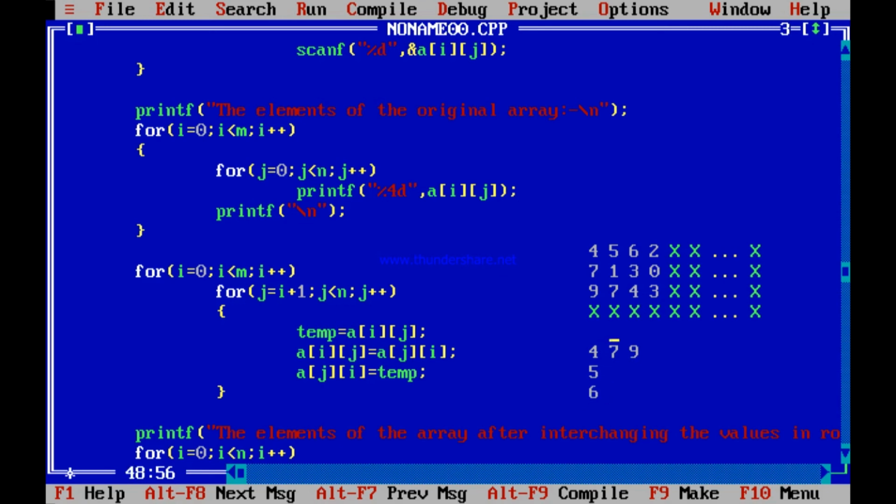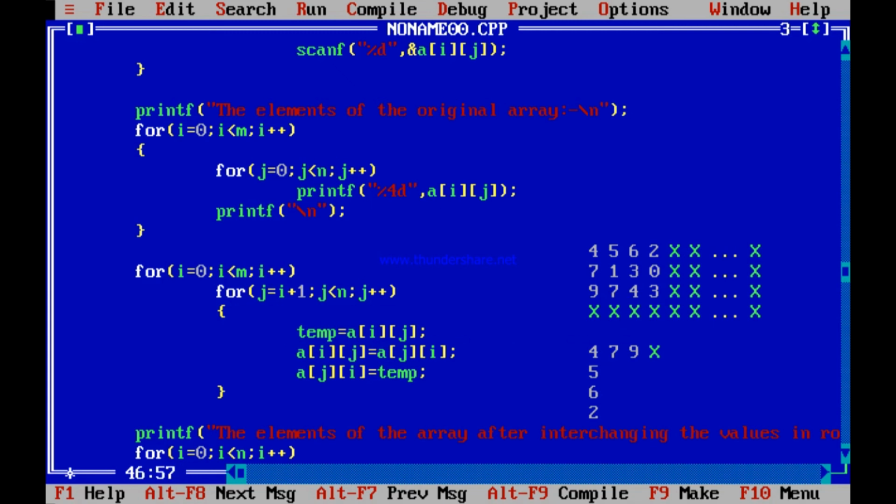Next time this 2 has interchanged again with what? This 2 has interchanged with x. This is x now, is it not? So no, this is 2 now. And this x has come over here. Next time you have done with this, you are done with this. Now I becomes 1. I is 1 now. If you start with j equal to 0, then you are entering with 1, 0.